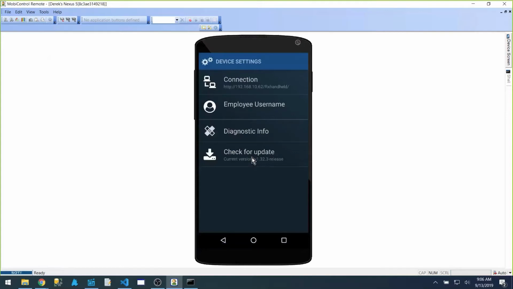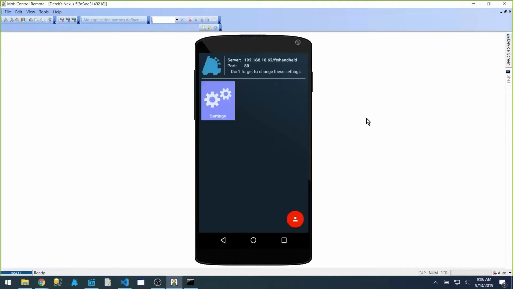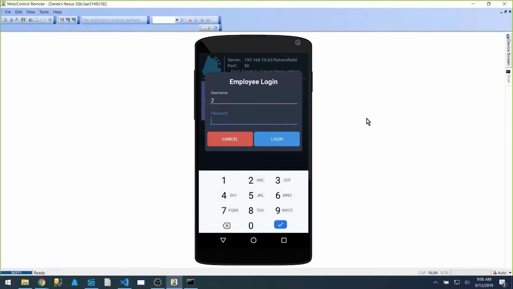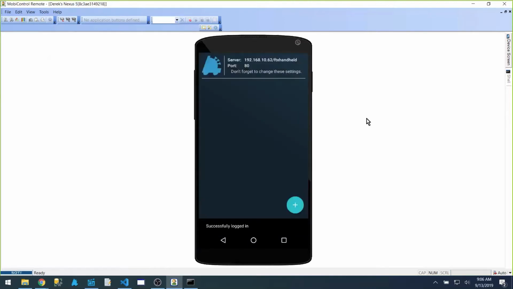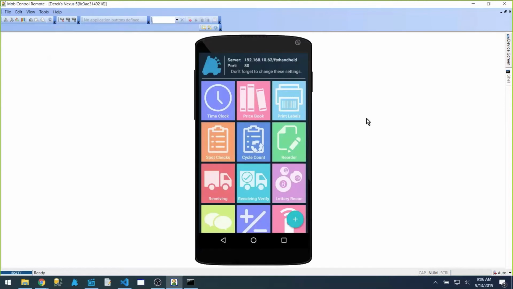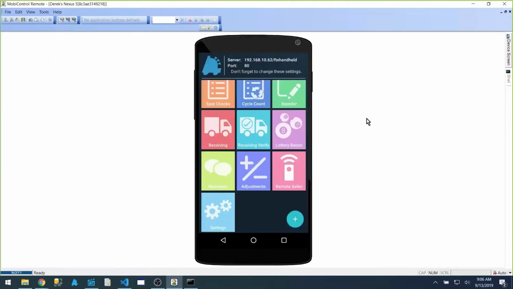So once you've got your connection string set in place, the next step would be to actually log in. To log in, you choose that red button in the bottom right corner. You input your employee username ID and your employee password. In this case, my employee number is 2 and my password is 2. I'll log in, and then it will basically have a button for every module that this employee that's logged in